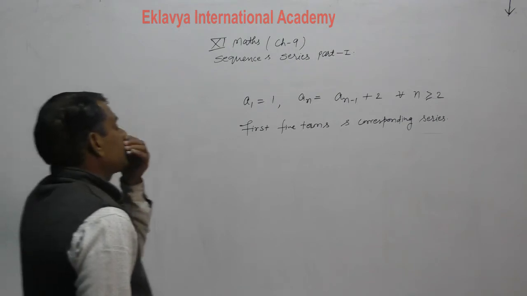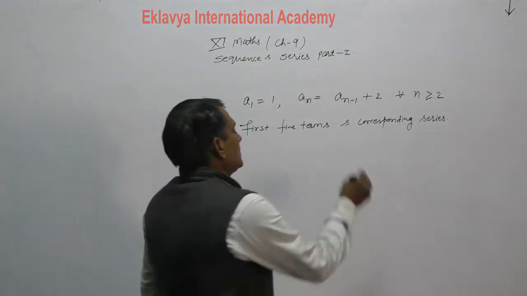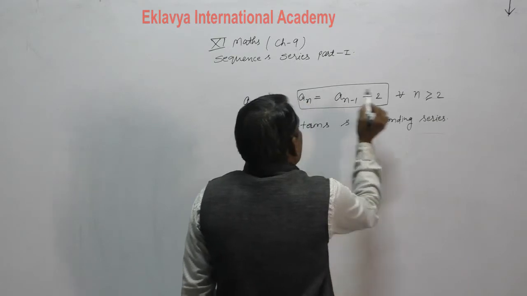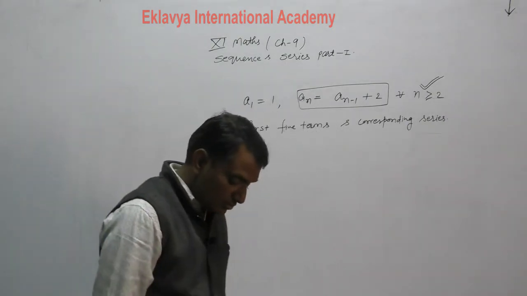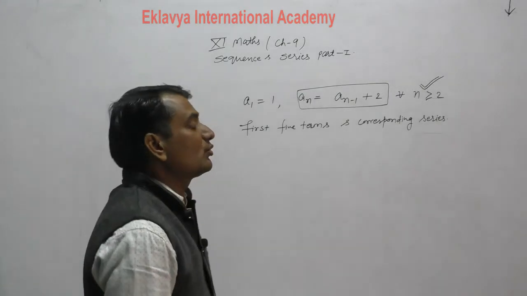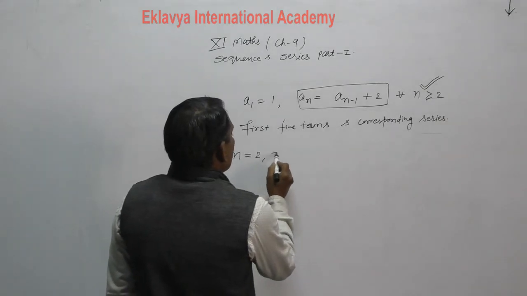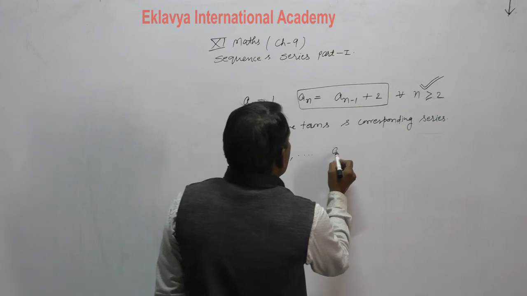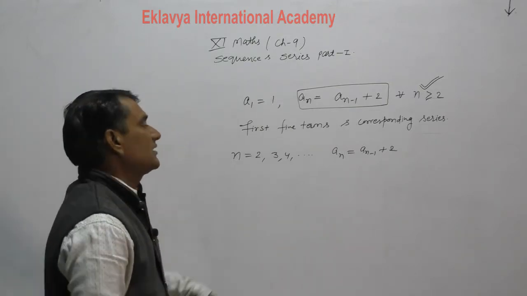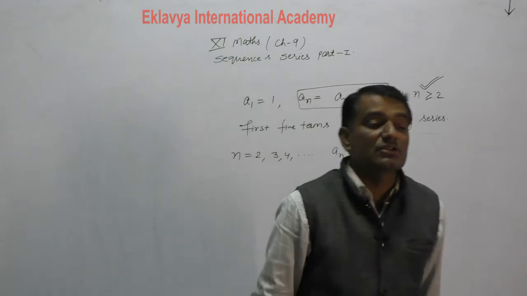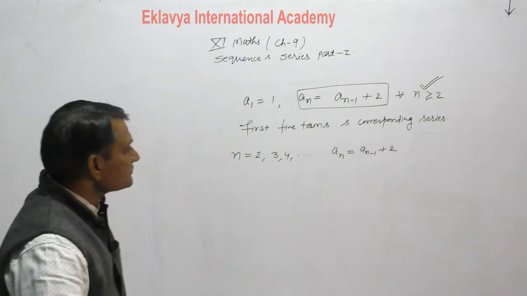First you have to observe this given sequence properly, and see in which condition it will apply. This sequence will be applied whenever n is greater than or equal to 2, which means n you can either take 2 or consider more than 2, meaning 3, 4, 5 like that. Whenever n is 2 or more, you have to take an, that is a(n-1) plus 2. For 1 it will not be considered, and the value at n equal 1 is also given in the question, so it is prohibited. You need not place n equal 1. Clear?